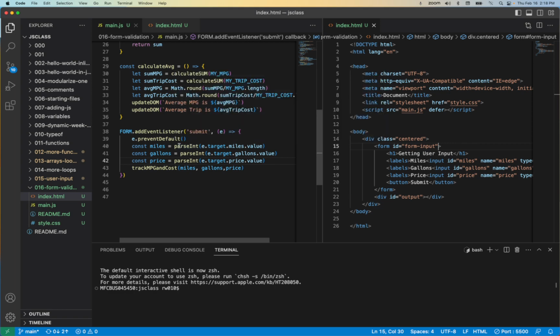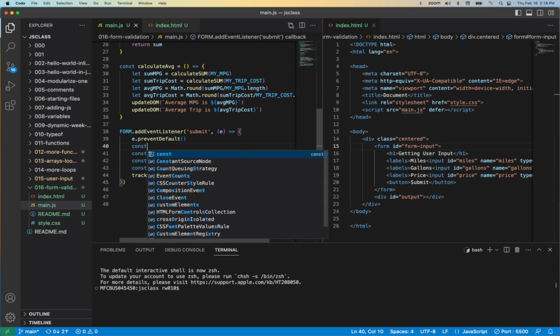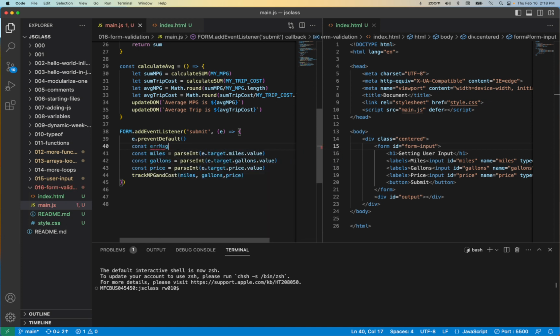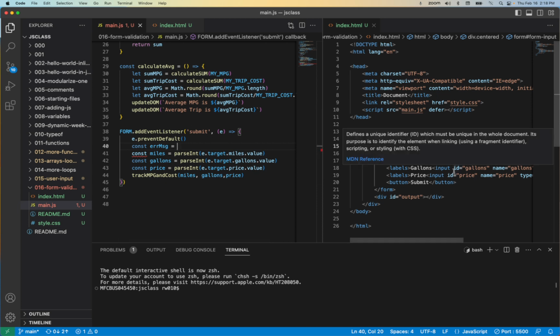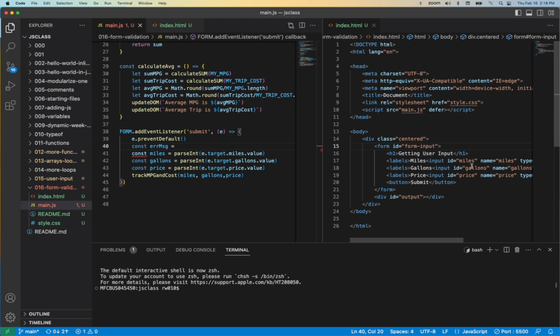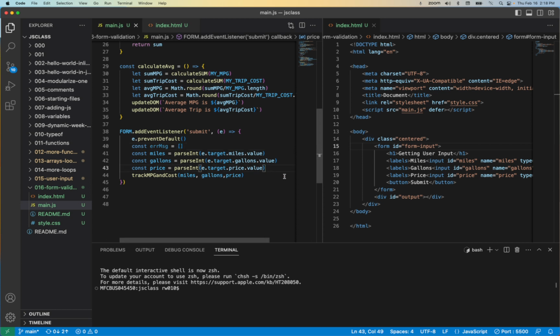Well, let's fix this by after the prevent default, let's say const errorMsg. So this is where we're writing custom validation. We're moving from relying on, which by the way is available on the attributes, but I'm just going to use it as an example to show you simple validation. And then I'm going to set up a new array. After I have grabbed the values for miles, gallons, and price, then what I would do is